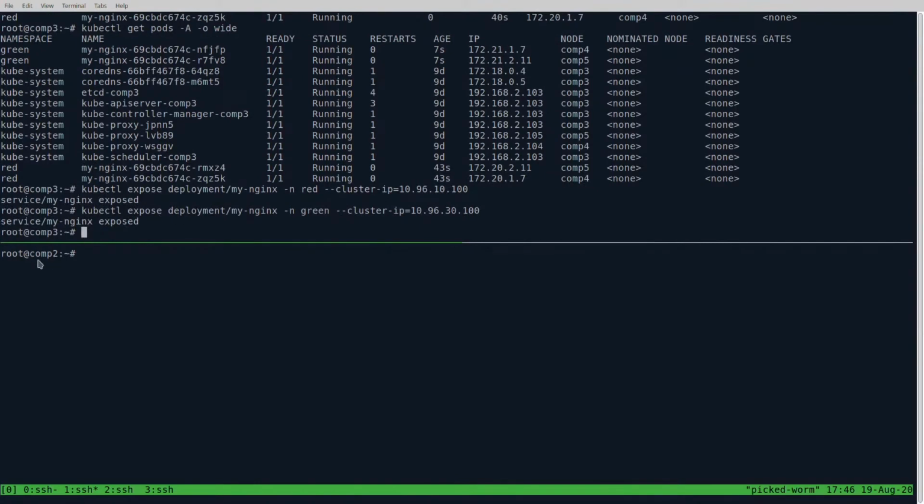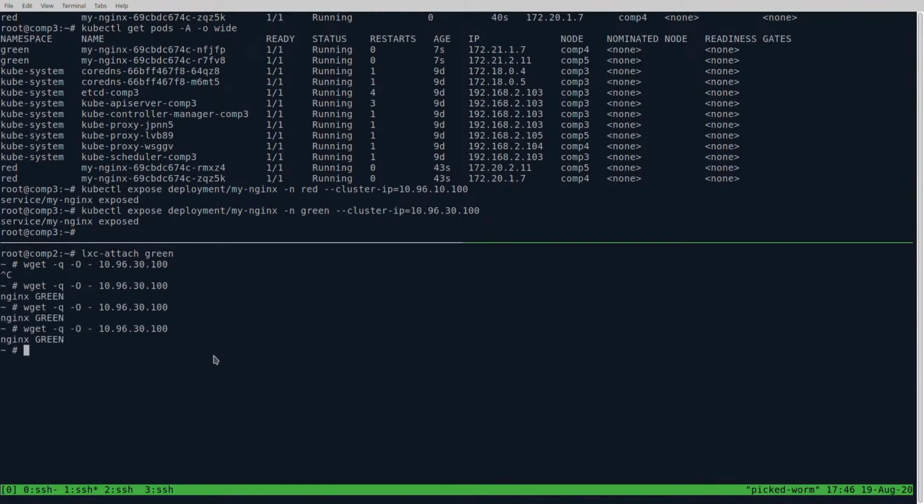Done. Okay, now let's go to the container on the compute node 2 and see if that container can reach the service in green that we exposed previously. Okay, this is okay.